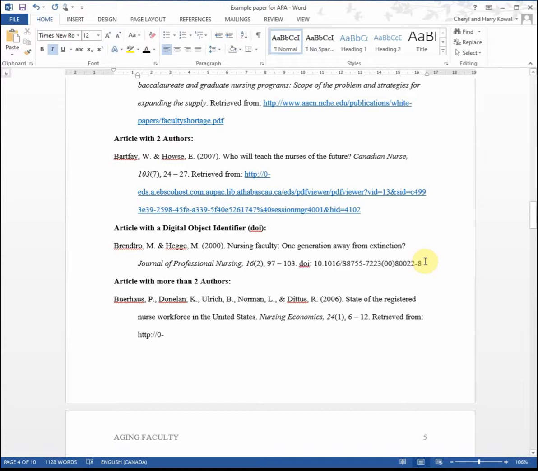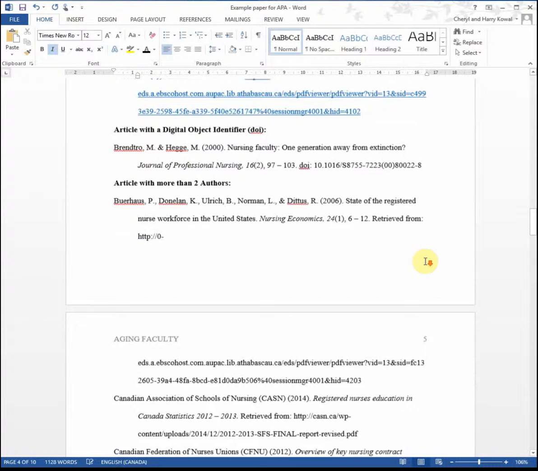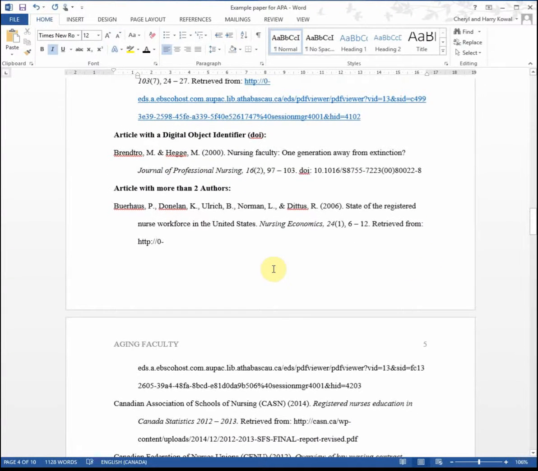So what if you have more than two authors? Well, you can have a lot of authors sometimes. So if you have more than two, you just carry on adding another name until you get to the second last one, and the last one, then you put the ampersand before the last name, and it's just really the same. And then the date in parentheses and carry on like the way you are. And that's pretty much it for a